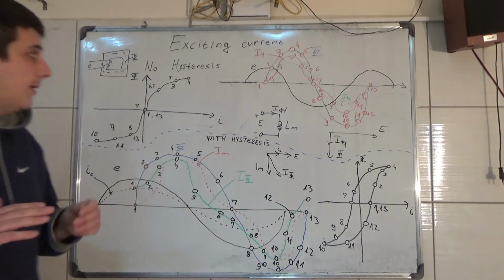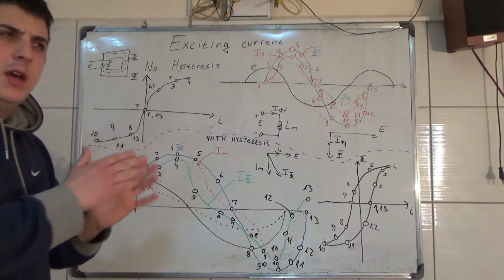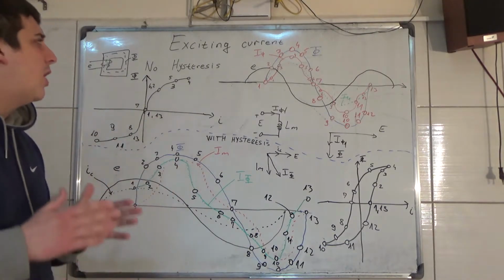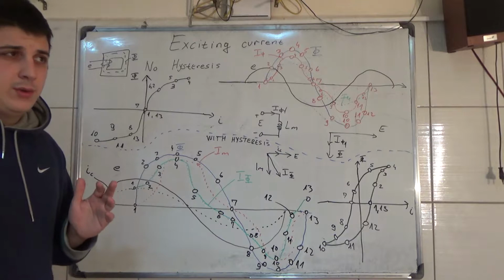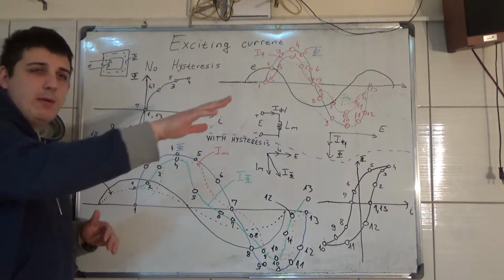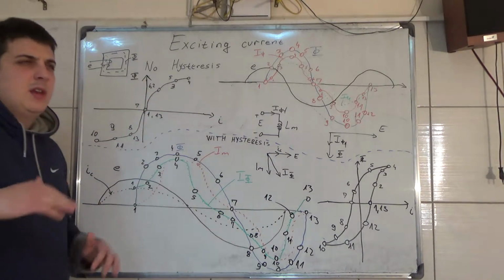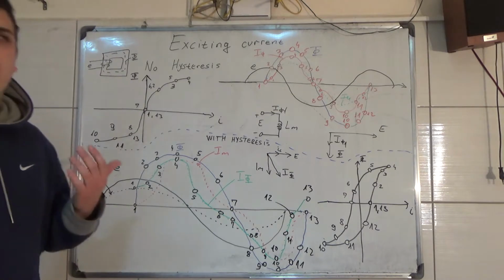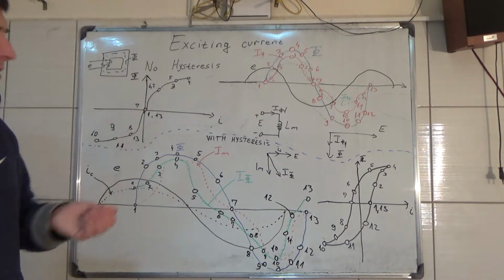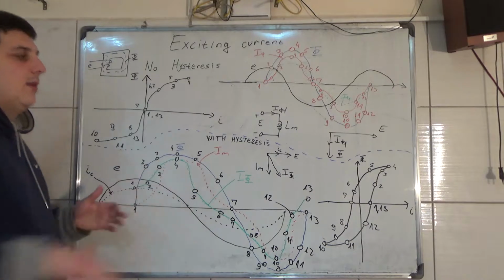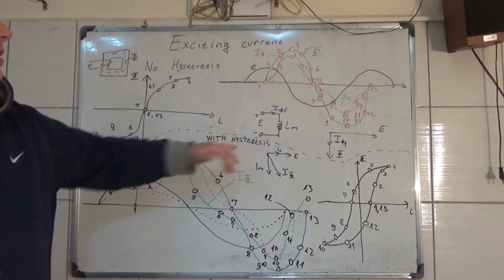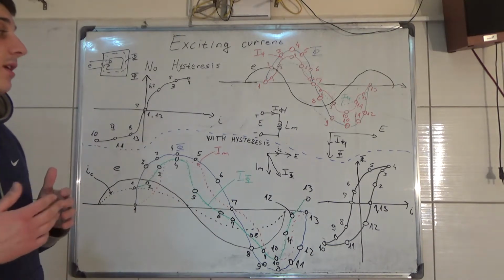Now, it's important to understand what the exciting current is. There are two situations. One, there is no power loss in the magnetic circuit, which is ideal for us, and it doesn't really exist in real life. And two, with power loss, where this is with hysteresis, and we're going to see what the exciting